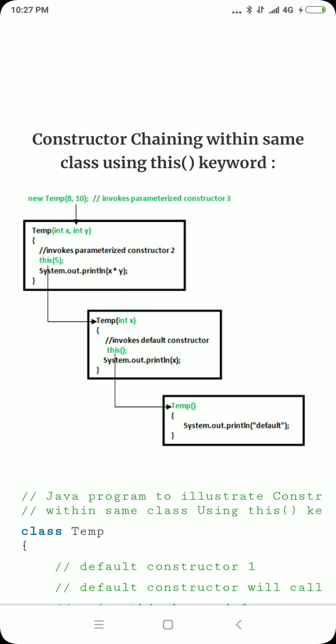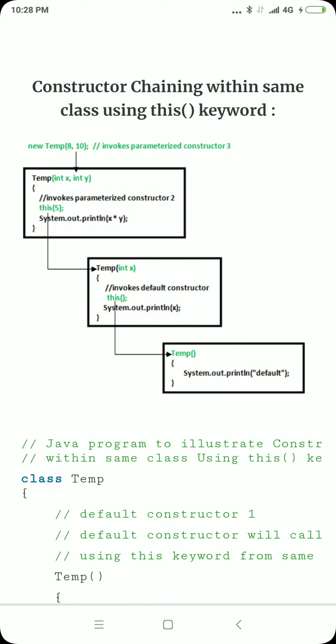It invokes the parameterized constructor 2. This(5), System.out.println x into y. Now next, only one parameter I have given in this(5). So temp has only one argument. Next is the default constructor, meaning no argument, so the default value will be taken.